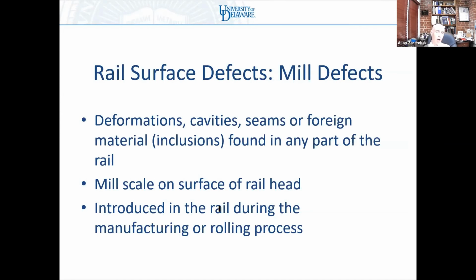Okay, keeping on going, rail surface defects, mill defects. Deformations, cavities, or seams found usually on the surface of the rail, mill scale on the surface of the rail, introduced during the rolling process in the rolling mill. Most railways in the world that practice grinding grind new rail to eliminate the mill scale to make sure that there's no potential crack initiator on the surface of the rail associated with the mill scale. It's very common practice to grind brand new rail very, very lightly to do two things. Number one, to get rid of the mill scale, and number two, to put a better shape into the rail,